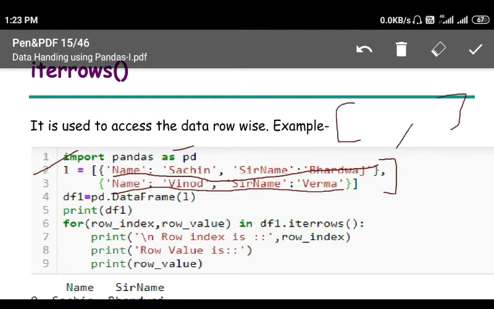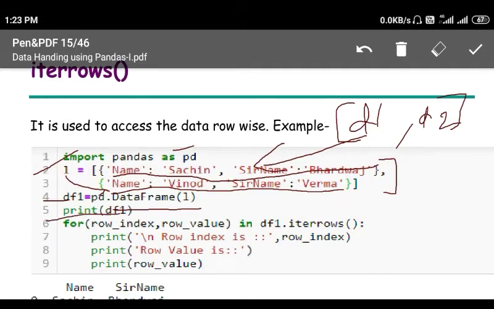Inside the list there are two dictionary objects, d1 and d2, and d1 itself is a dictionary. So df1 equal to DataFrame of the list. From this list we have created one data frame, so it will print the data frame.